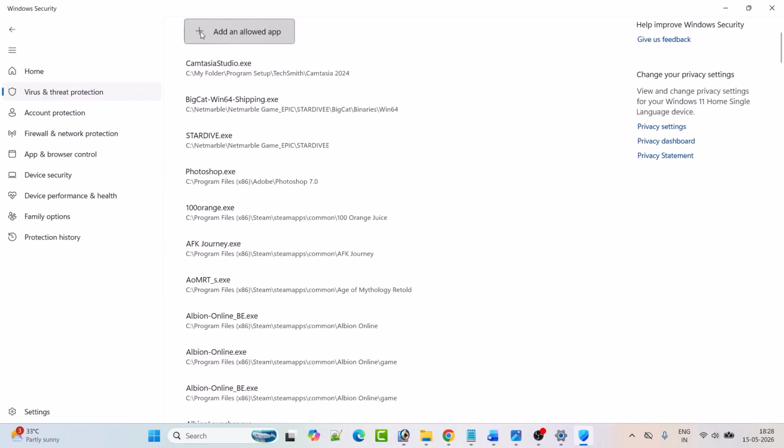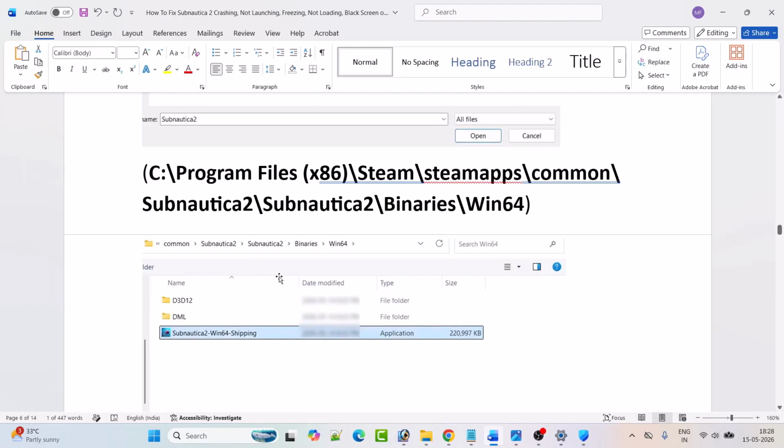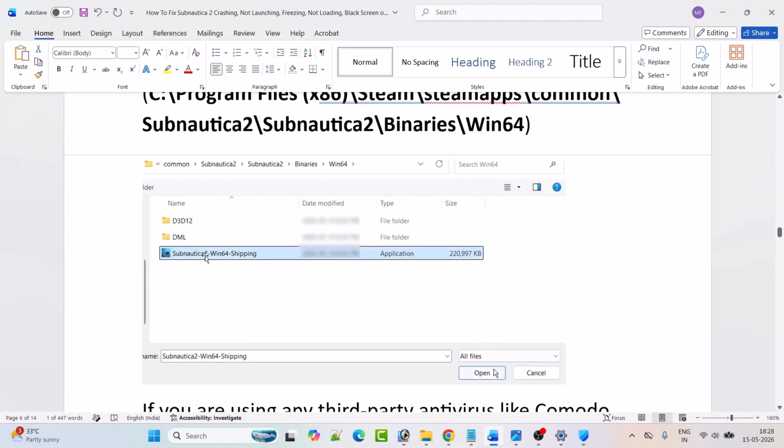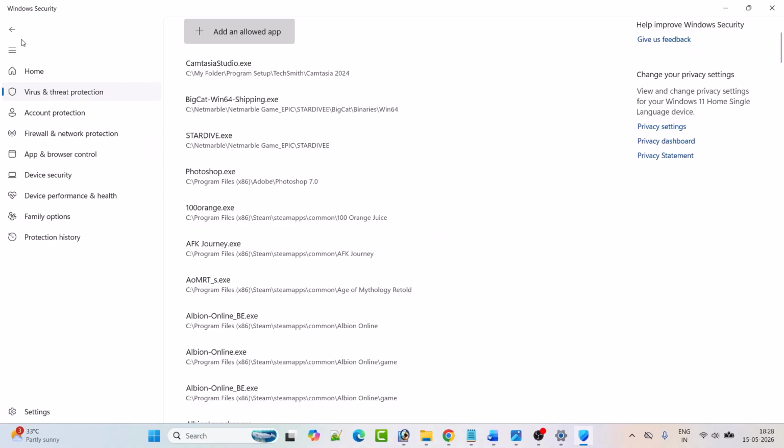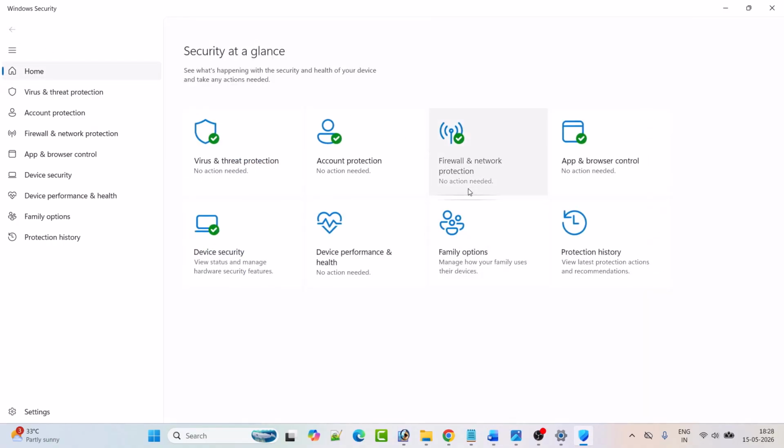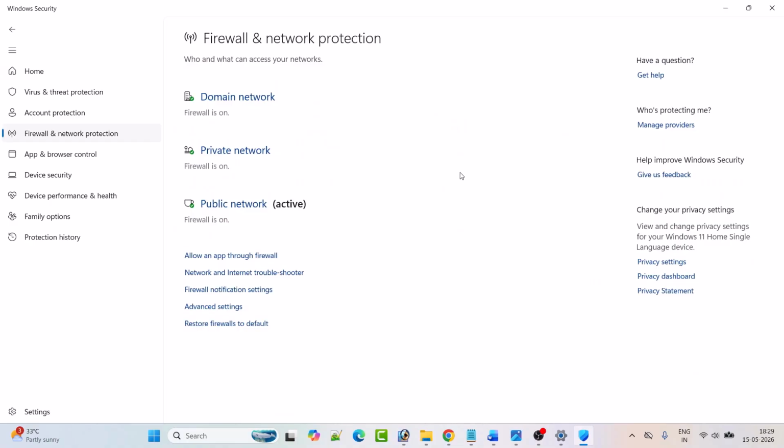Now again click on add an allowed app, browse all apps, and this time open the Subnautica 2 folder, Binaries folder, Win64 folder. Select this exe file, the Subnautica 2 Win64 Shipping exe file, and then click on open to add it to the list. After adding it, go back, click on firewall and network protection, click on allow an app